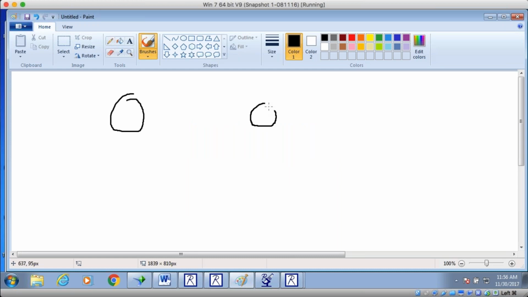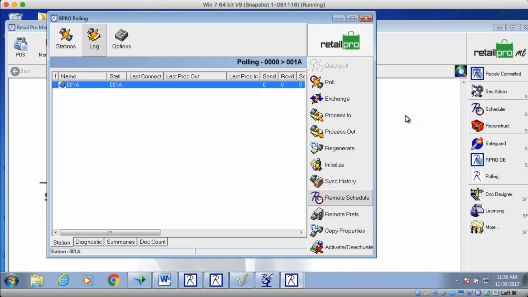So we have a main, we have a remote. We want to take all the files here and move them there. We don't care what's at the remote now. We're going to overwrite the files. That's initialize. So if I had a new store or if I had a broken file in the remote, I